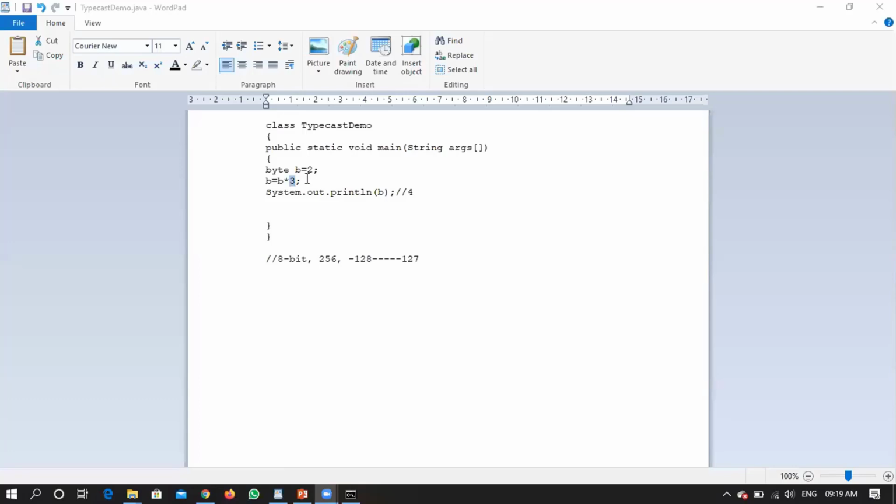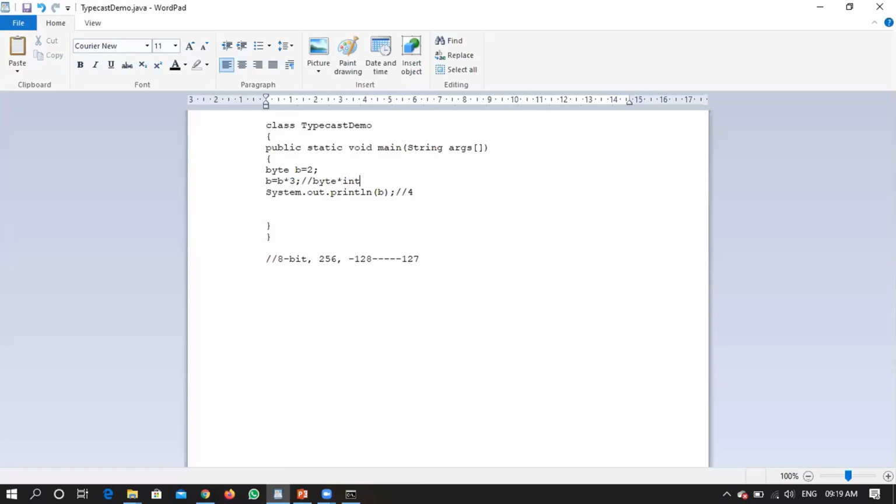right? Now if I analyze this particular statement, this is the multiplication between a byte and an int. b is of byte type, and the next value you have specified is not of byte type because you have not explicitly said that it is a byte.